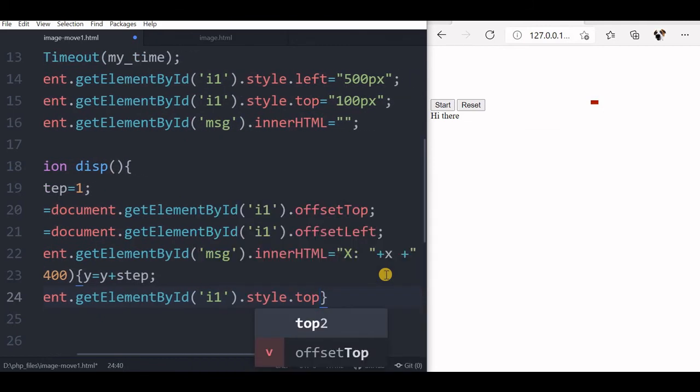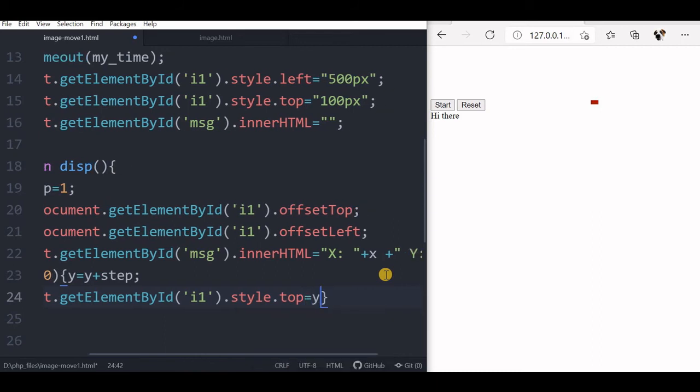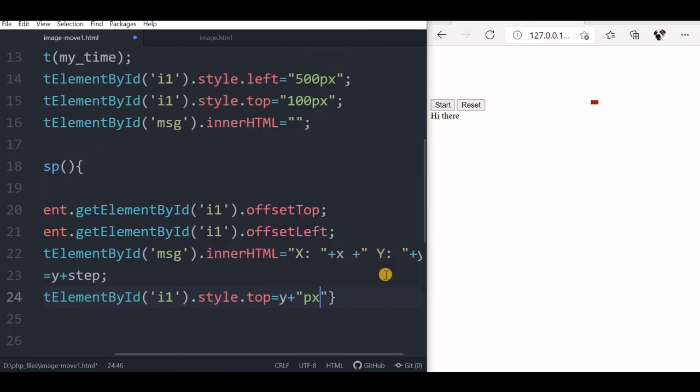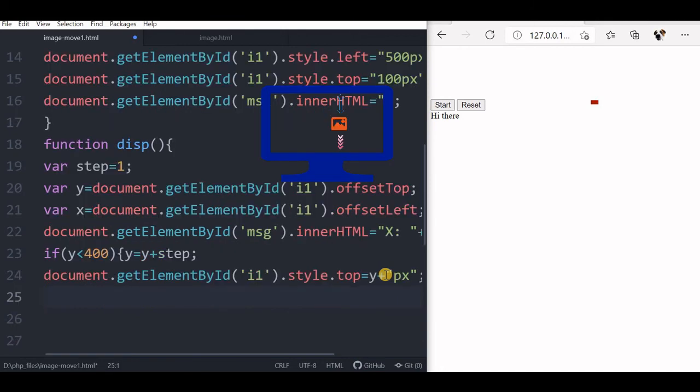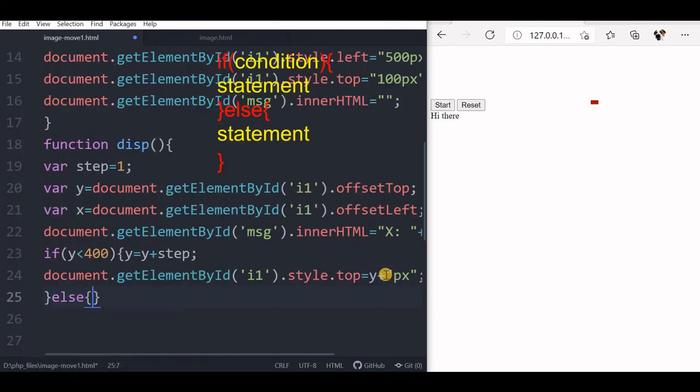Now the top position equal to y plus, this is the pixel I am telling. It will be a new value of y it will take. So this is how I am pushing it vertically down. So now suppose this y value has reached this 400 upper limit. So we'll say, this is there, let's bring it, then we will say else.